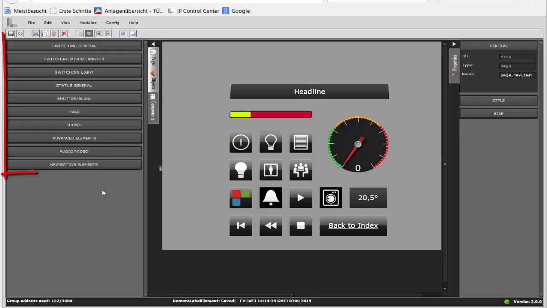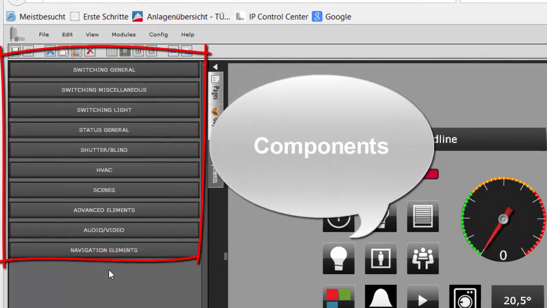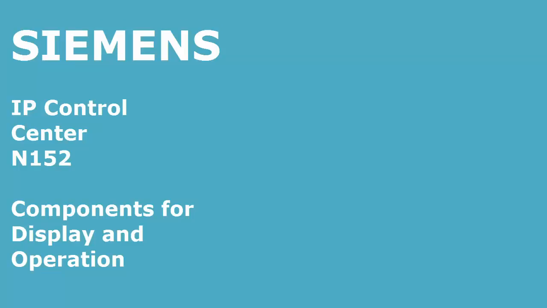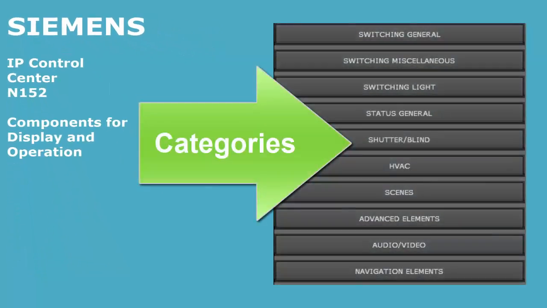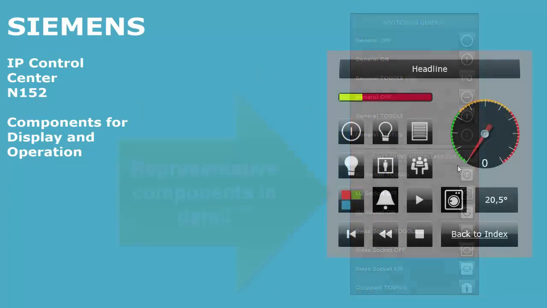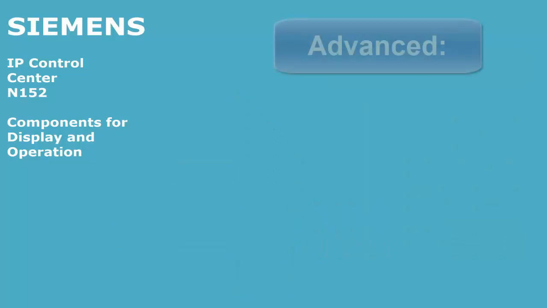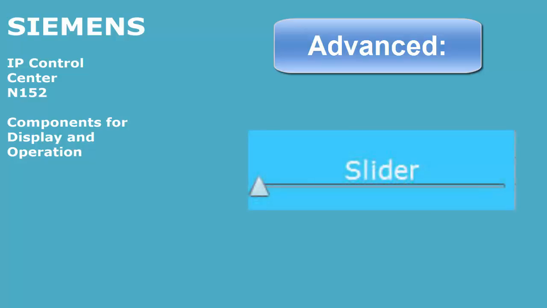The display and operation elements. The core items of any visualization are of course the display and operation elements, here called components. They let you operate the functions and give the required feedback information. This paragraph deals with the categories of components, the detailed content of each category, and representative components again in detailed configuration. From the advanced category, we explain especially the following components: slider,